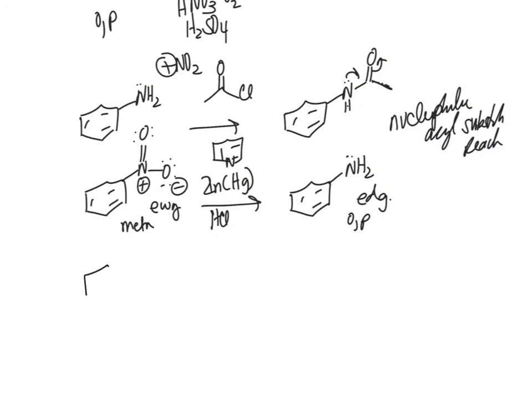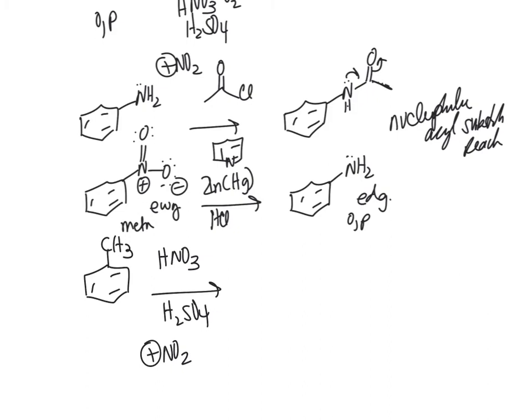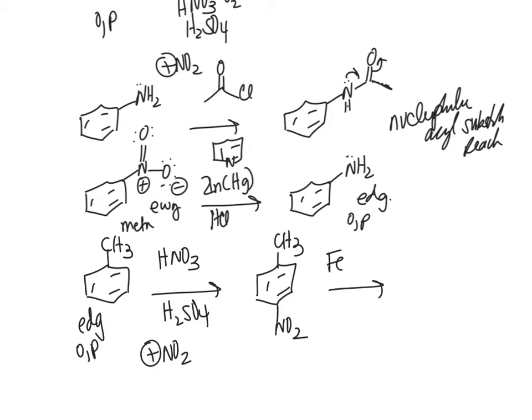So if you have toluene and you react this with sulfuric acid and nitric acid, you're adding the nitronium, and that's going to be an electron donating group, so you're looking at ortho-para. So let's just put it on the para. So you put your nitro group there, right? Now let's reduce that. You can do iron, HCl, that's in your slides, and then you treat it with some sodium hydroxide. So anytime you get the metal and HCl with a nitro group, just know that that's reducing. Sometimes there's 3 or 4 different reagents. So there's your aniline